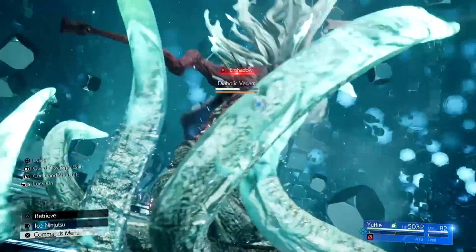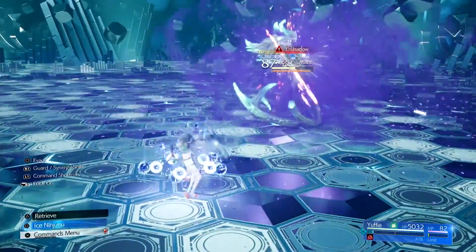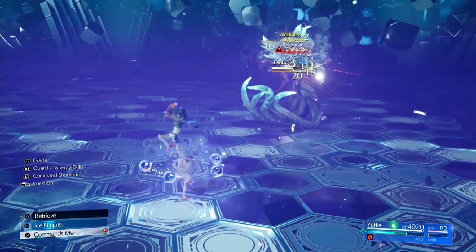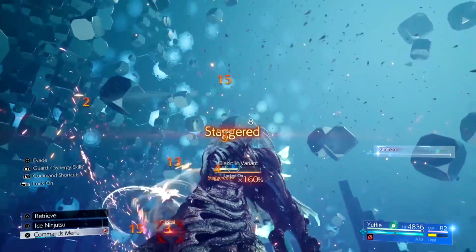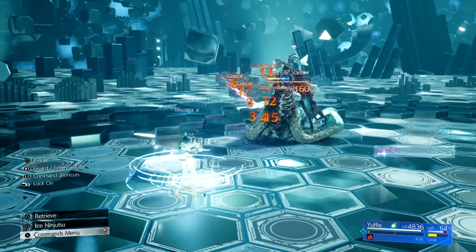That's it, and the idea is to make him so he's got just a bit left on his stagger bar, so that when he becomes enshadowed, you can completely fill his stagger bar and stagger him. Like so, guys. If you do not stagger him during End Shadow, eventually